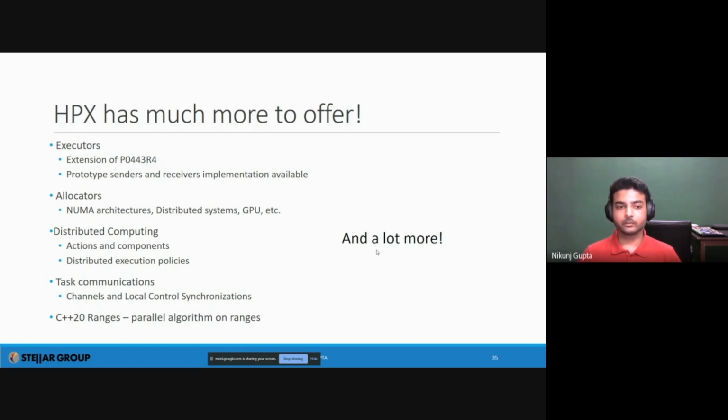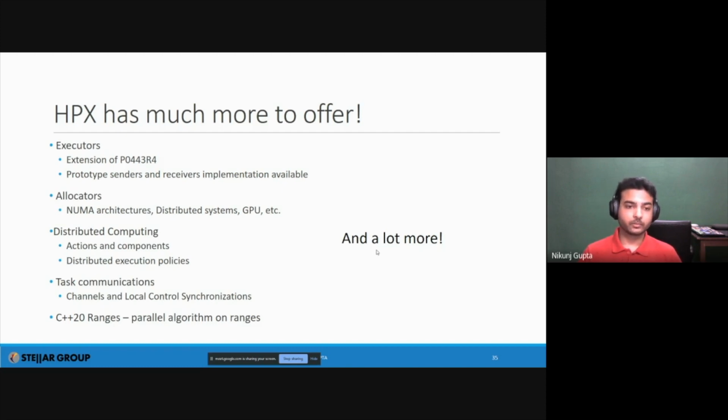So we support CUDA, we support HIP, and we also have integration with the Kokkos runtime. I'm not sure if you've heard of Kokkos, but Kokkos is another runtime that is mainly focused on heterogeneous architectures, so doing things on CPUs, GPUs, and working on different sorts of memory hierarchies. So yeah, we support all of that.